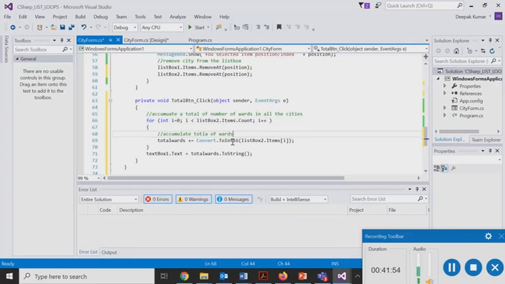It's very compact, and this will accumulate the values of the list boxes into total wards, this integer type variable, and then finally it will be allocating this value into a text box to display. Now since this is an integer value, it has to be converted to string in order to display that into a text box. So let's do the demonstration of that, and then we'll move to the next step of it. So let's start.